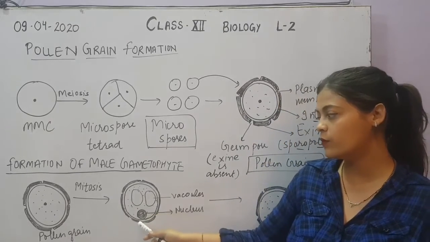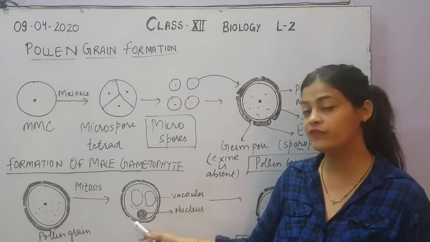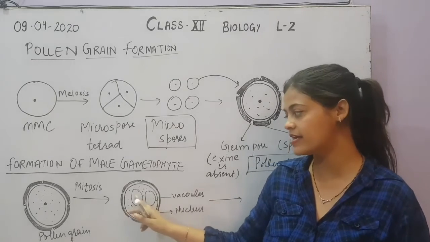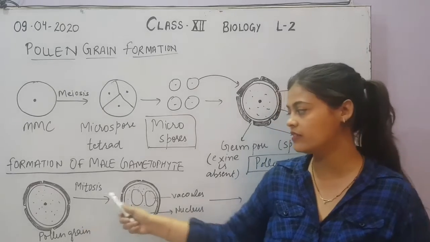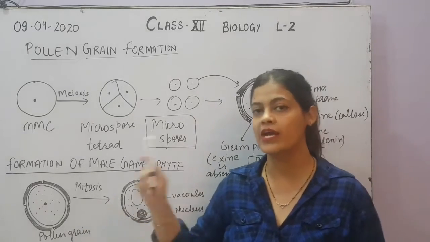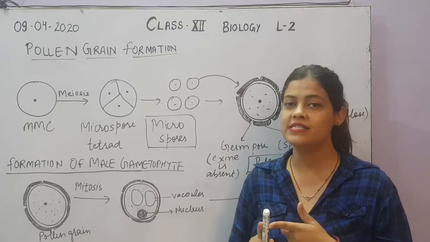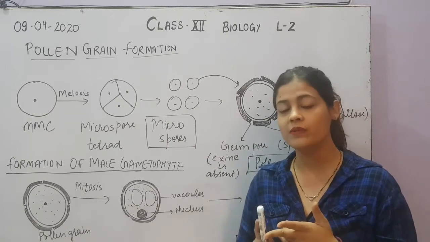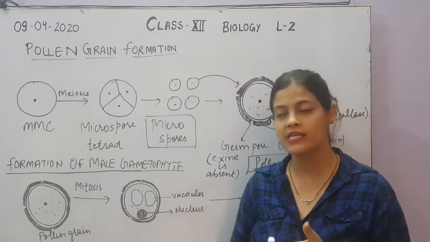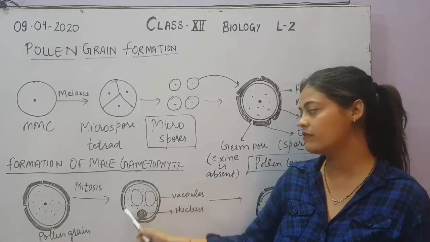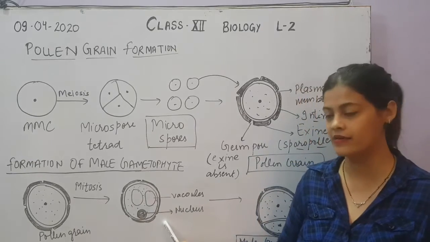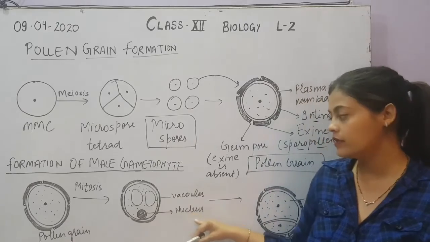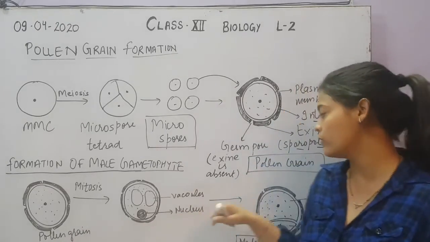Here you can see the nucleus has shifted towards one end and two big vacuoles are formed. Why is that so? Because after mitosis, two cells will be formed, because you know that in mitosis one parent cell will form two daughter cells, whereas in meiosis one parent cell will form four daughter cells. Now here you can see the big vacuoles and the nucleus. Due to improper formation of the spindle, the nucleus will be divided into two nuclei.